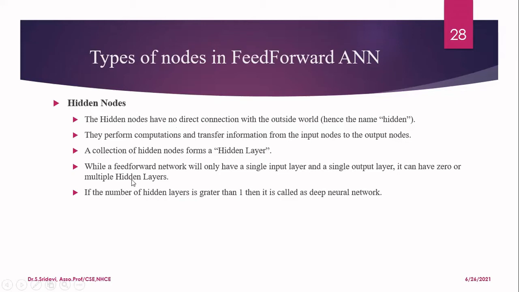And if you consider, a feed-forward network will have one input layer and one output layer, whereas it can have 0 to many hidden layers. It's not that a hidden layer should always be present. It can be 0 also, and it can be many also, whereas input and output layers are single only. And if the number of hidden layers is greater than 1, then we will call that network a deep neural network. You might have heard the term deep learning. What is the meaning of deep learning? It is similar to our artificial neural network architecture only. And it is going to have many hidden layers. Because of that only, it is called deep. When you increase the number of hidden layers, that will become a deep network.